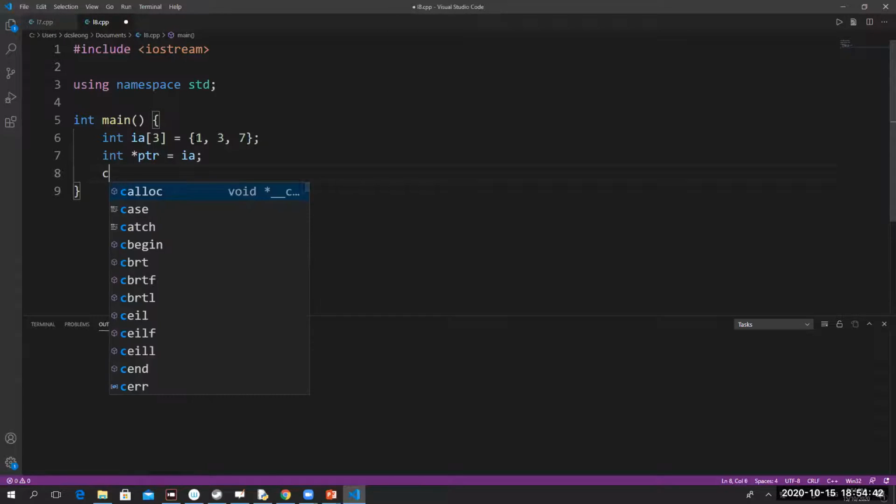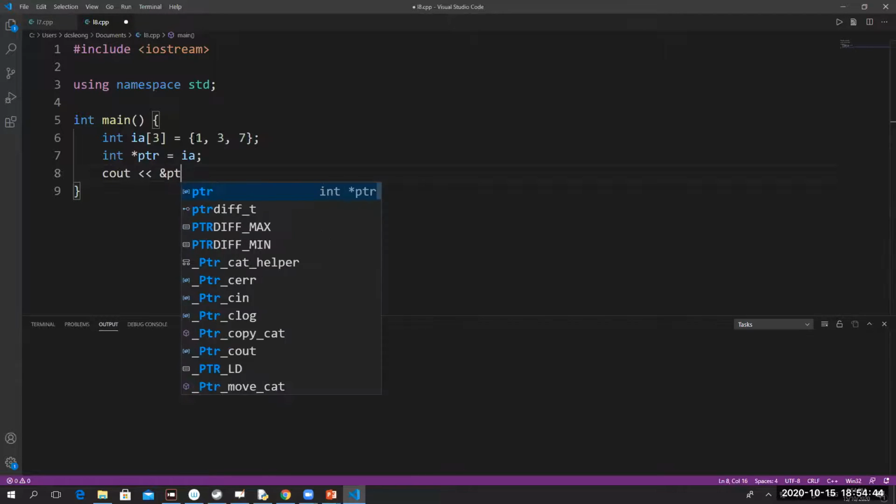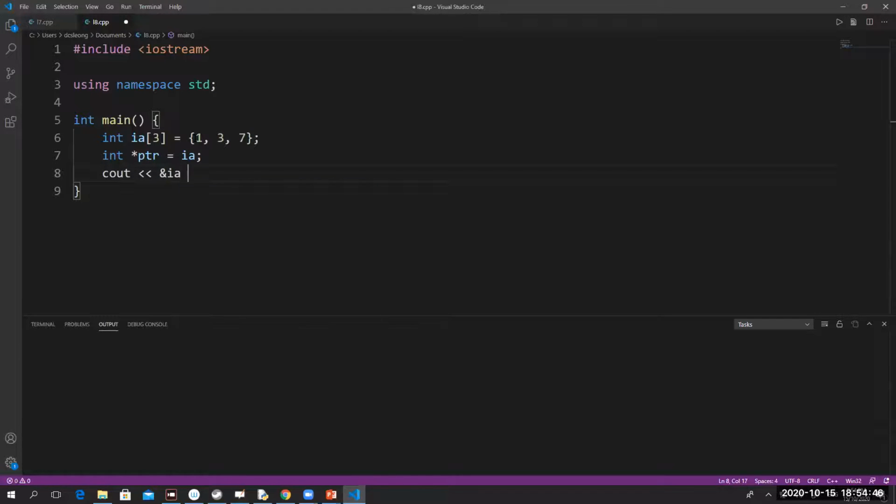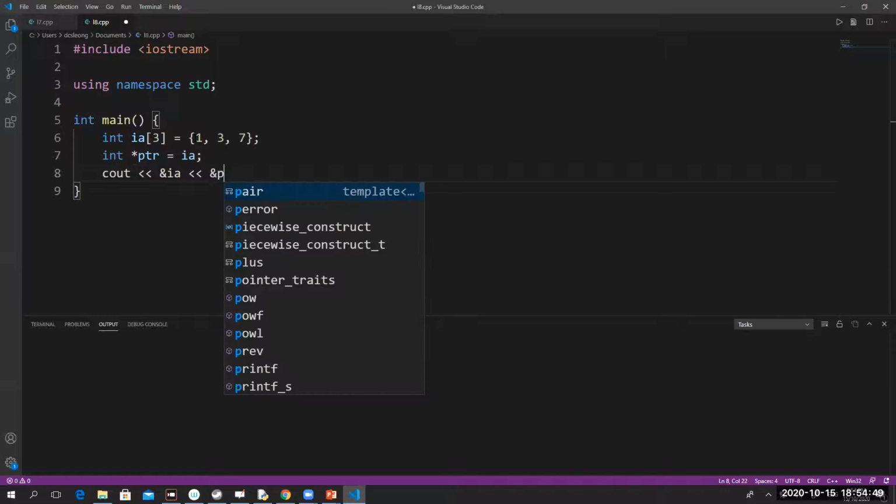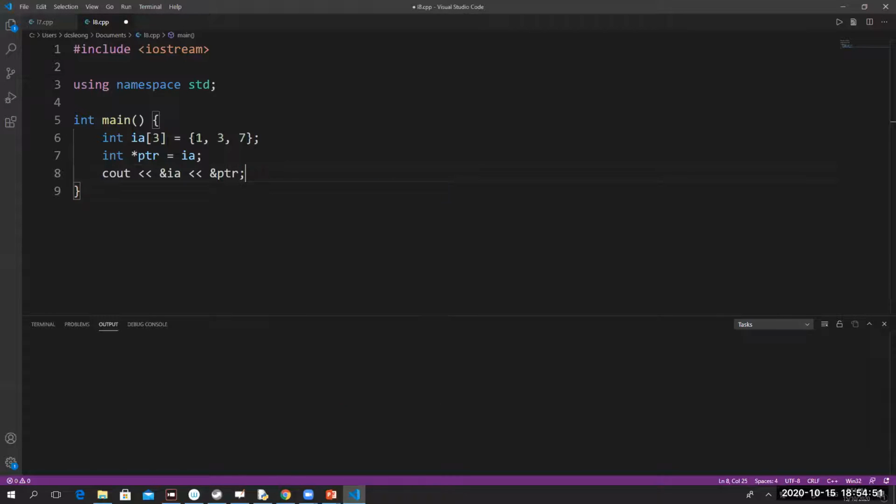Then we cout. What's the address of ia? Address of pointer. Let's see whether we can cout. So I cout ia.